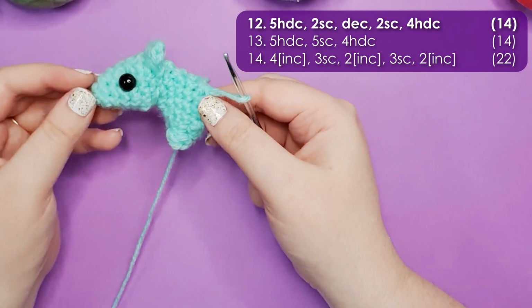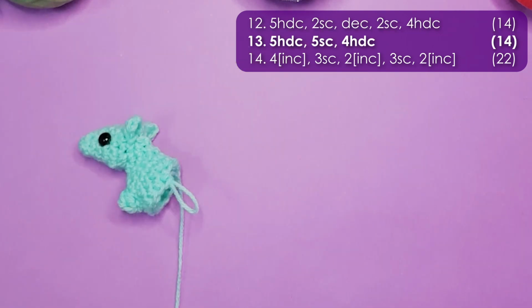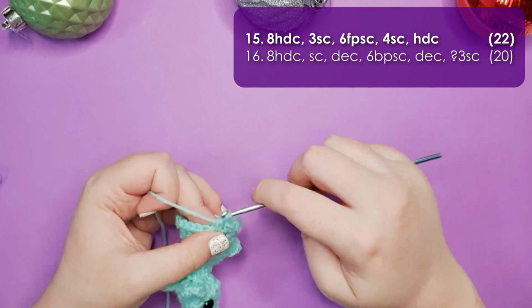So there we are at the end of row 12, and you should have 14 stitches in your round at this point. So you should go ahead and work row 13 and row 14. Now over the next 2 rows, we are going to build his pouch. We start by working 8 half double crochet across the top,